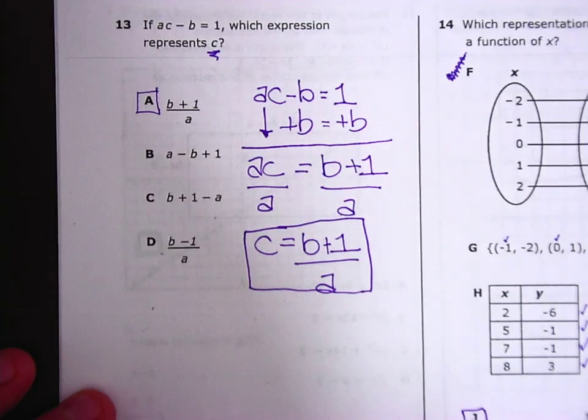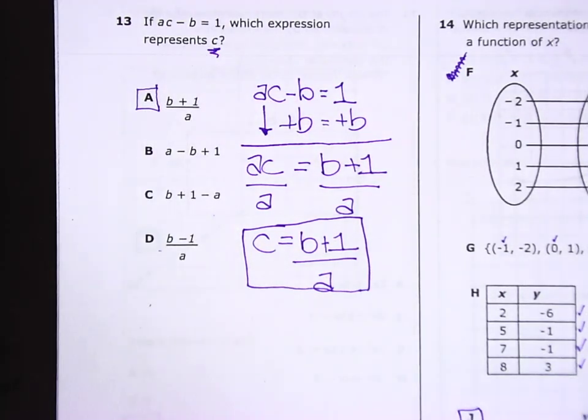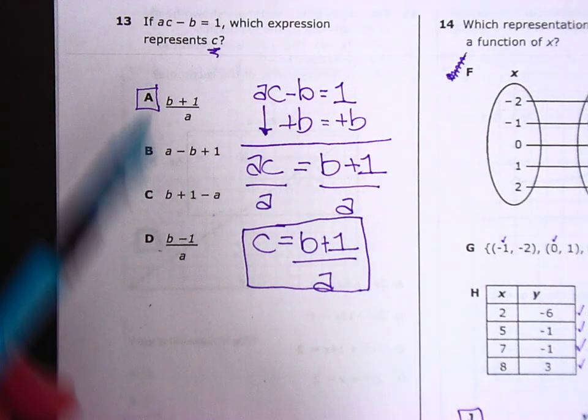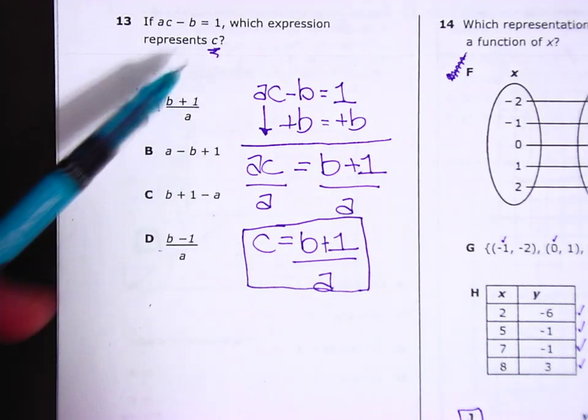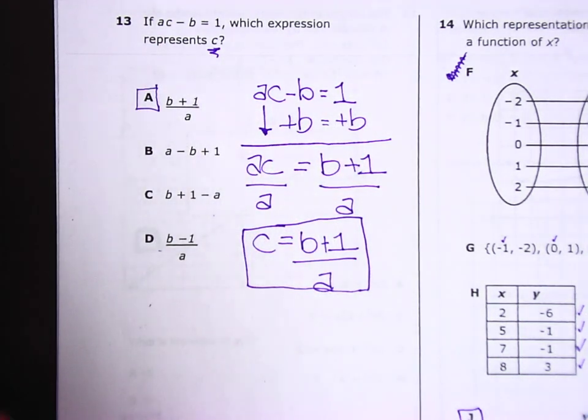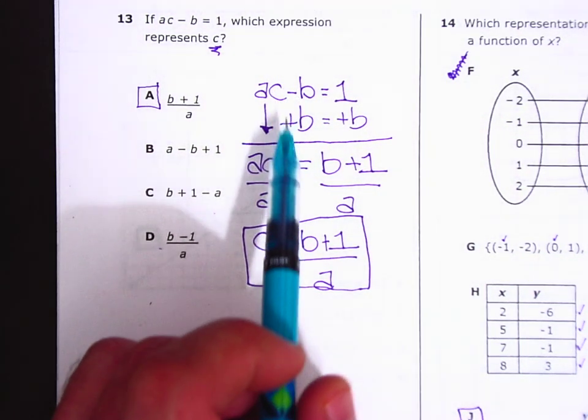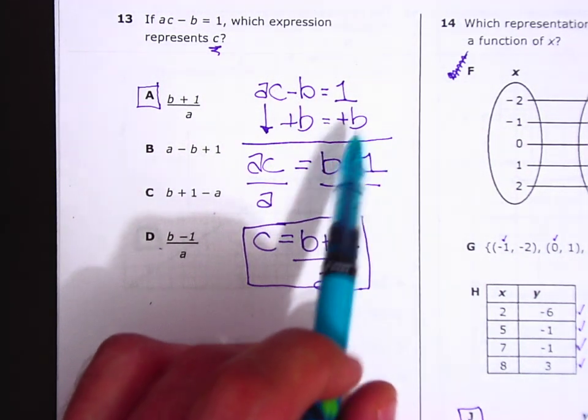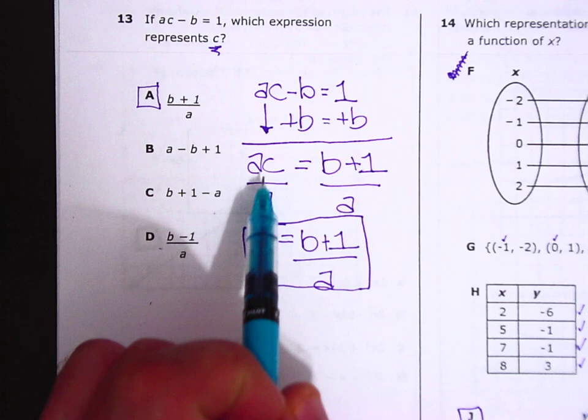Number 13, we have a literal equation. If AC minus B equals 1, which expression represents C? All they want you to do is to get C all by itself. So I went ahead and wrote my equation down. I first got rid of this minus B by adding B to both sides. When I did that, it canceled off on the left, and I'm left with just the A times